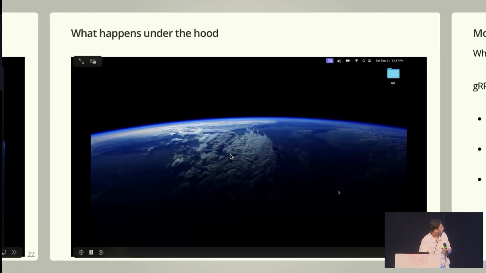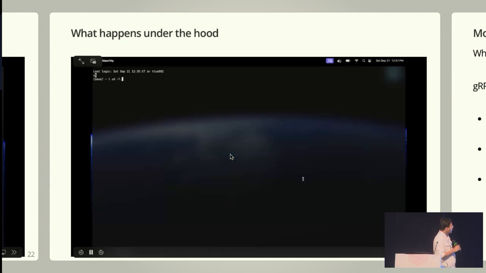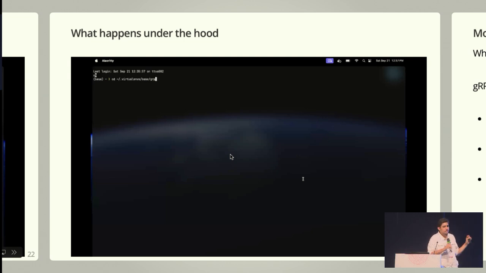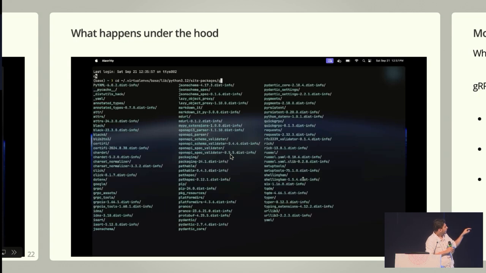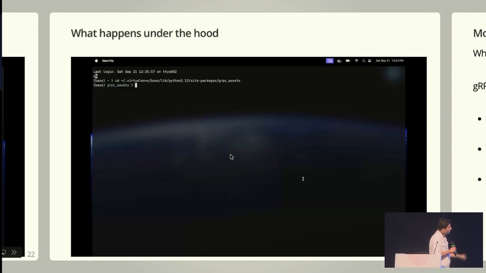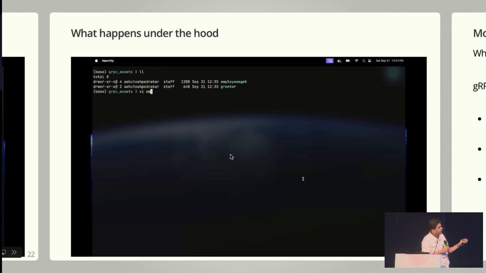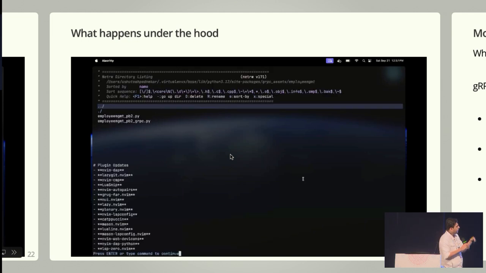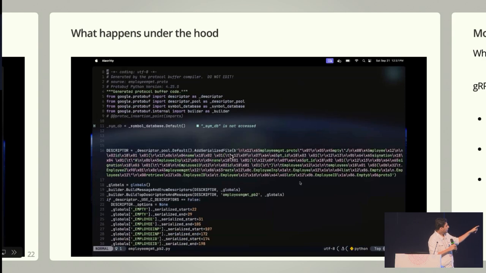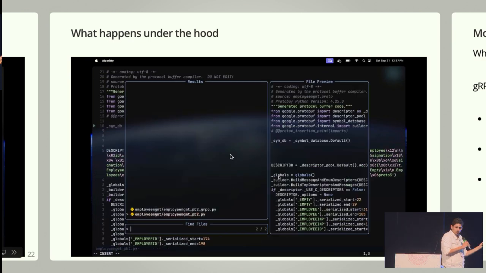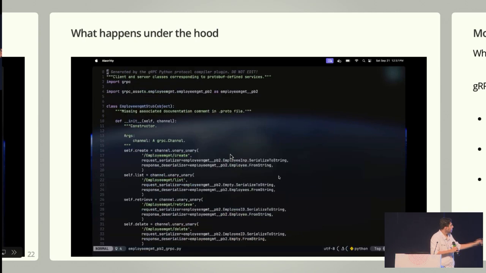Cool. So let's quickly take a look at what QuickGrpc is doing under the hood. The bulk is, of course, done by the gRPC server and all the things, but QuickGrpc is just bringing the things together. So I'm hopping over to the virtual environment where this is installed. And if you see, there'll be a folder called grpc assets. If I go to this folder, it has a directory called employee management greeter. All the services I've run so far using QuickGrpc in this environment are over here. This is the code that ProtoC generates for us. It's not really meant to be edited by us, but that's what there is.